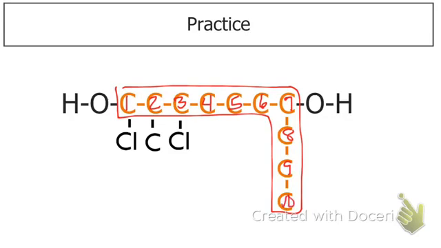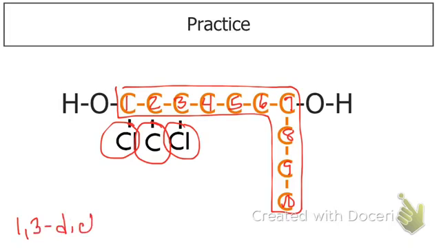We have a chloro on carbon 1, a chloro on carbon 3, a methyl on carbon 2. We know that the alcohol is going to be with the last name. So let's look at our charms. Okay. Alphabetically, chloro is before methyl. So this is 1, 3. There are 2 chloros, so this is dichloro. There is 1 methyl. So on carbon 2, you have a methyl. And then